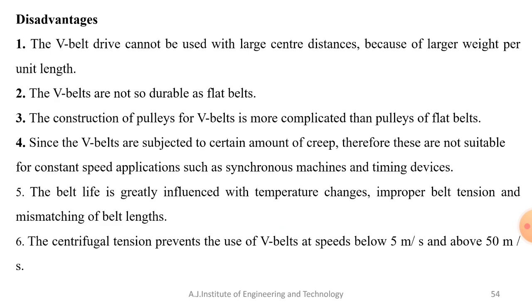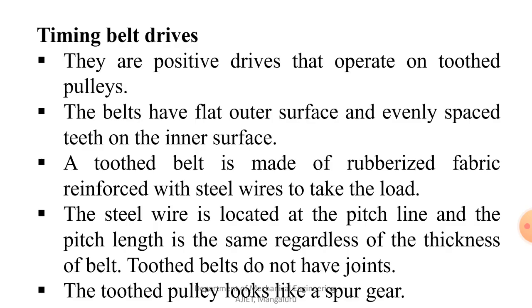the belt length. Sixth one, the centrifugal tension prevents the use of belt at speed below 5 meters per second and above 50 meters per second. So this is also one of the disadvantages. Now coming to one more type of belt drive, that is the timing belt drive. So this is one more different type of